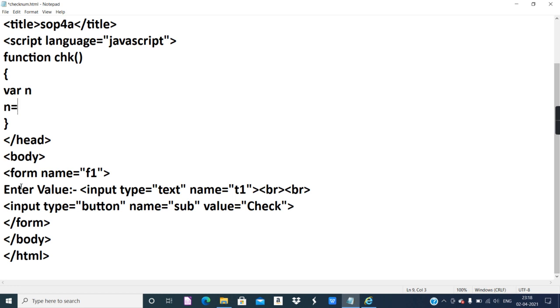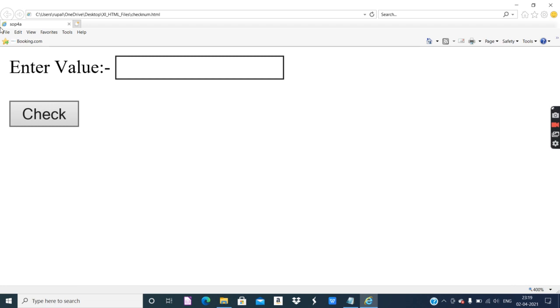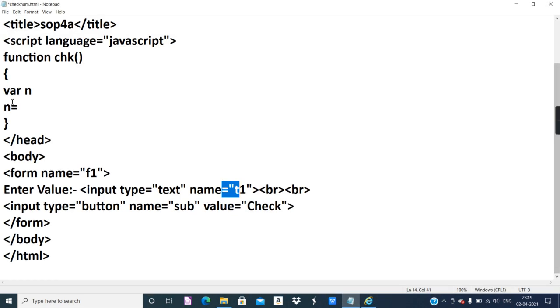So first of all, you should give the name of the form here. The name attribute is significant. It is very important. Without the name attribute in the form, without the name attribute in the text box, you cannot extract this detail and store it in the variable. Now first of all, you give the form name, whatever form name you have, f1. So form is the entire big thing. Inside the form I have a text box, and the name of the text box is t1, and the value inside the text box.